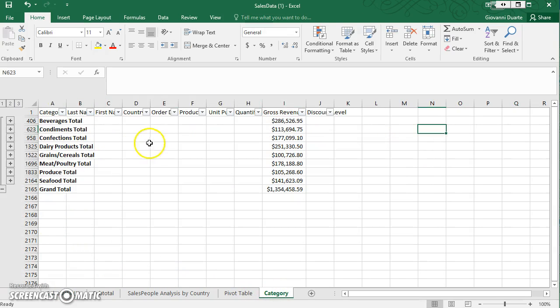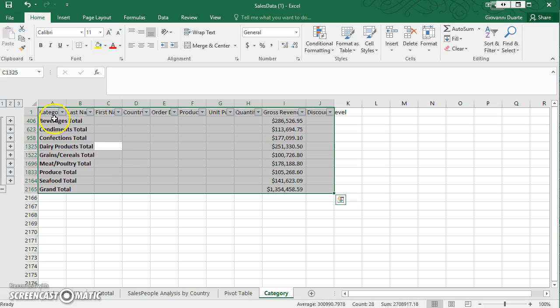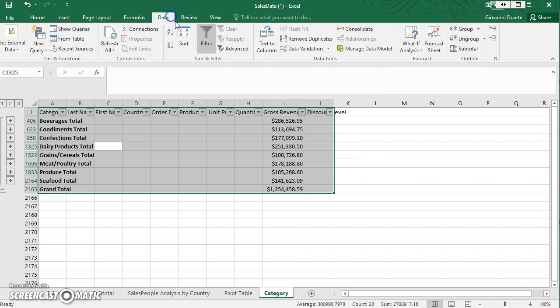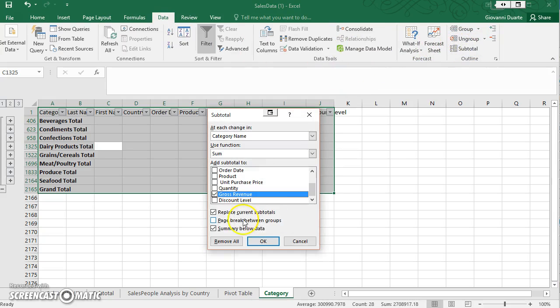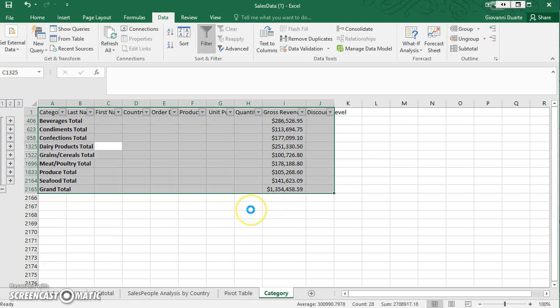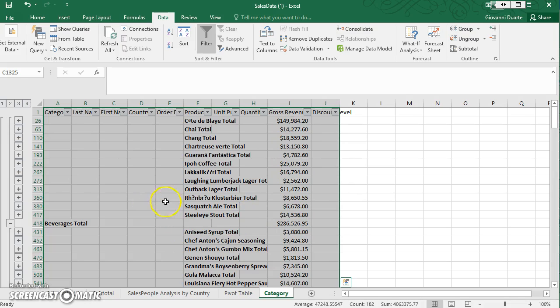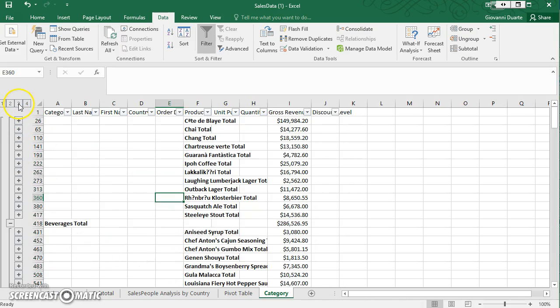Let me delete this one. Press Ctrl A. If I want to do a subtotal by category, all I have to do is go and click on the Data tab, click on Subtotal. Make sure you uncheck Replace because we're not replacing, we're adding another one. And then let's see that we want these actually by product. And then we hit OK. So now we have a third level, and you guys